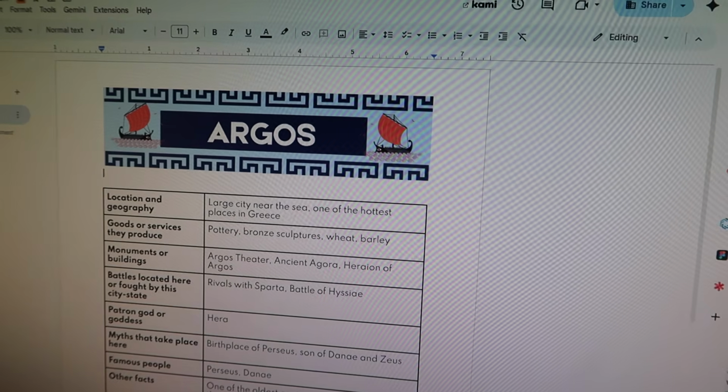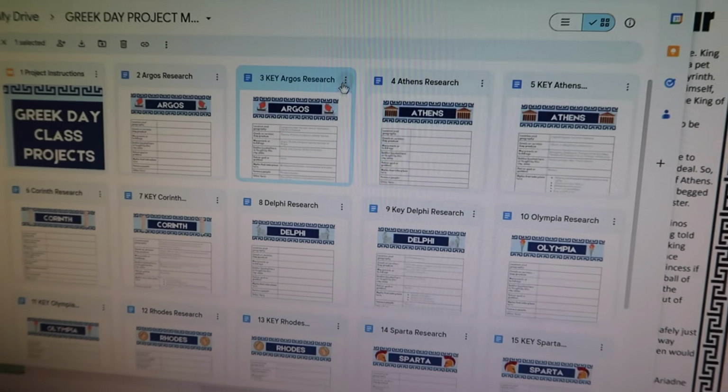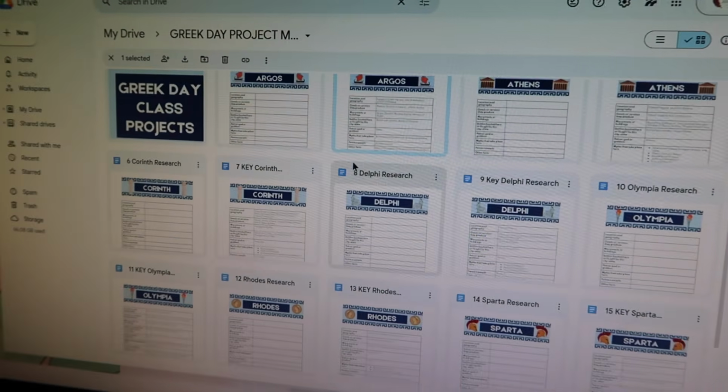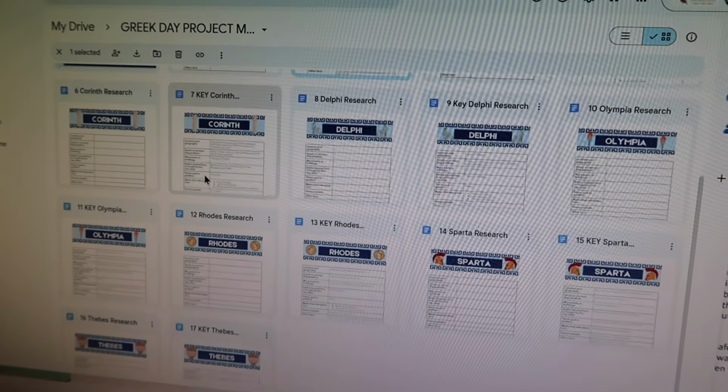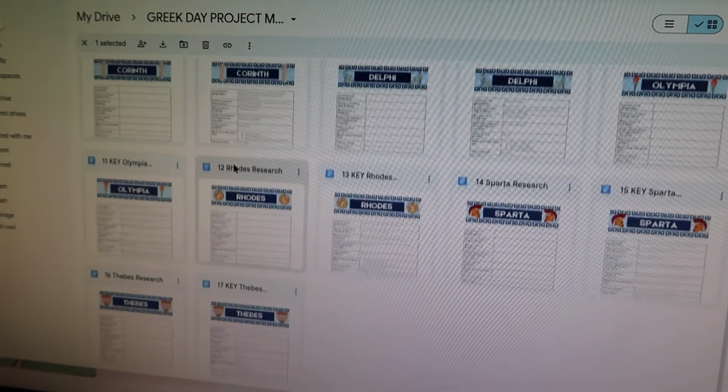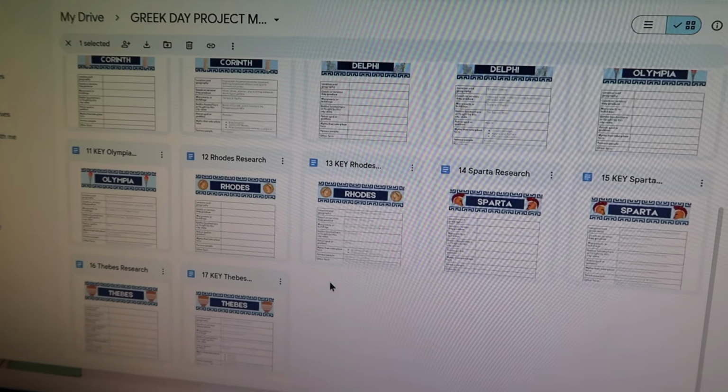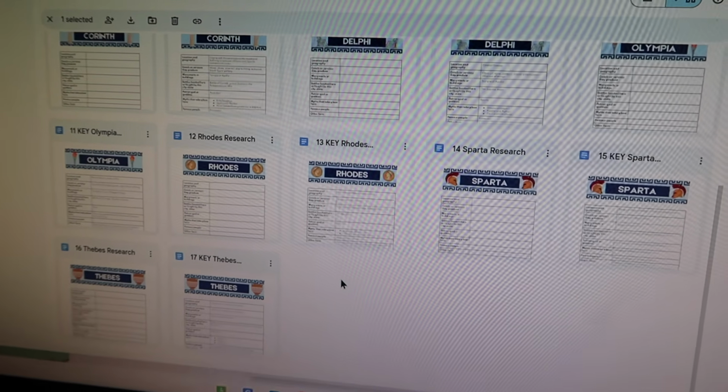So I have this for Argos, Athens, what else we have? Corinth, Delphi, Olympia, Rhodes, Sparta, and Thebes. And doing research for my most recent book really helped me with this because I was so deep in it and reading so much about ancient Greece.